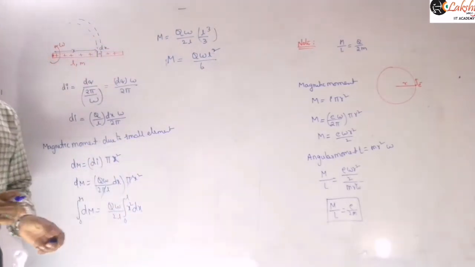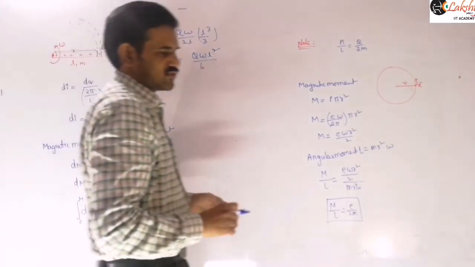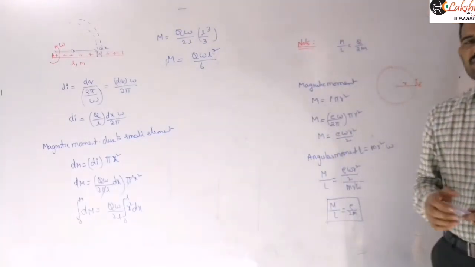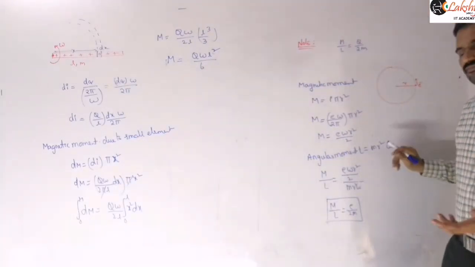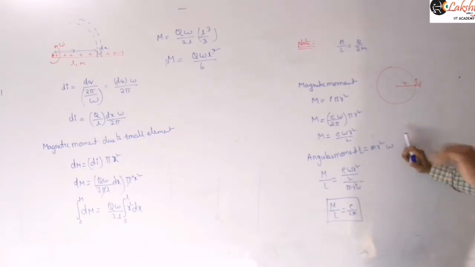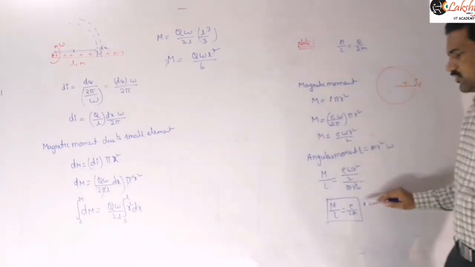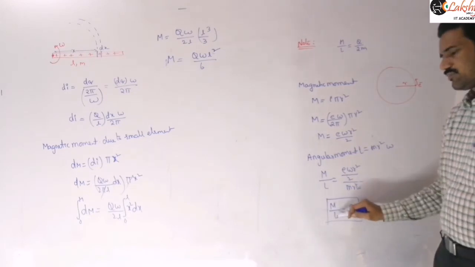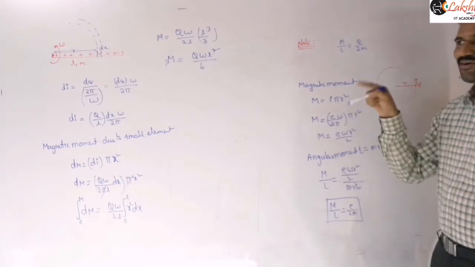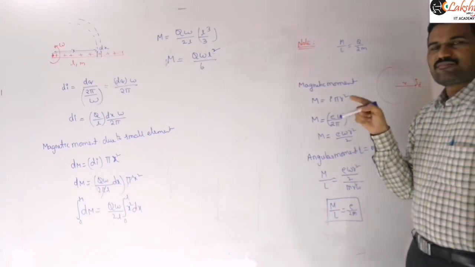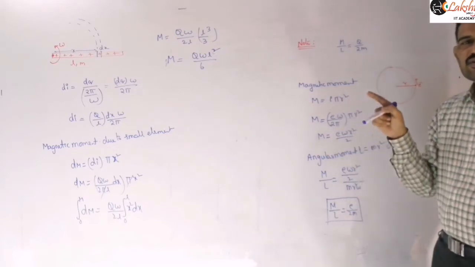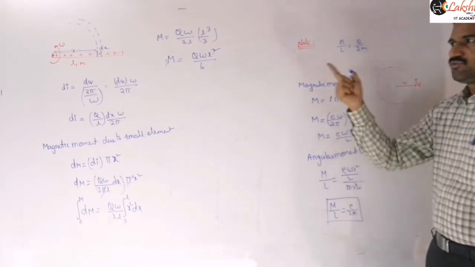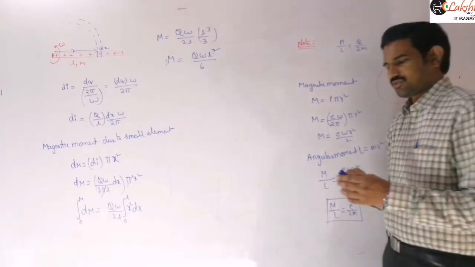So there is a magnetic moment here. So actually our question is to find the ratio here, that means to prove that the ratio is q by 2m. If the question is only about this magnetic moment calculation, if they are asking only the magnetic moment due to that rod, then there is no need of doing all this calculation, you can directly use this relation, that means M by L is equal to q by 2m. Now L means I omega. You know the I of this rotating rod, the moment of inertia, is nothing but ml square by 3. If you write ml square by 3 into omega, then you will get the magnetic moment expression there, right?